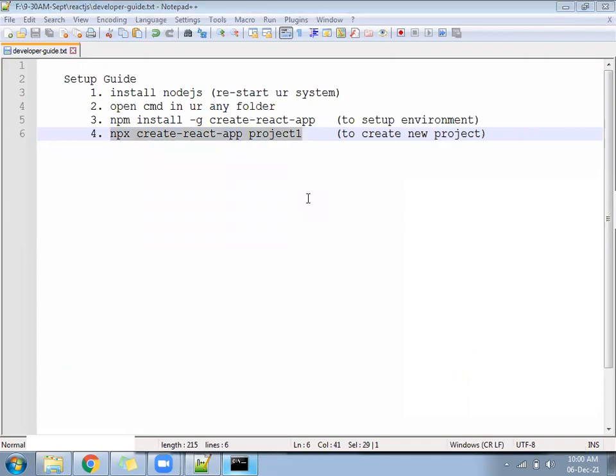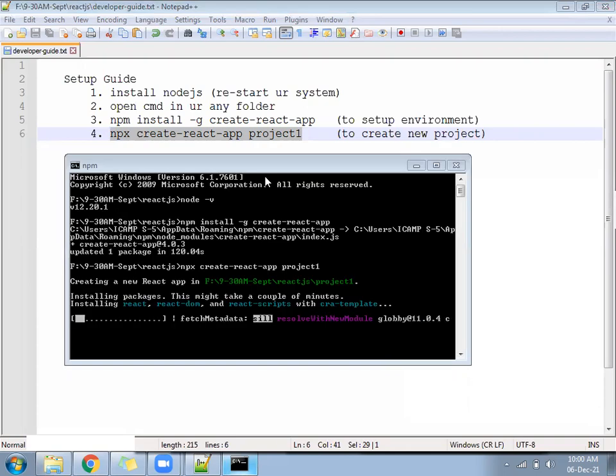You type it wrong and then send me a message. See what he has written here: create-react-app-project 2. Okay. I have sent the command in your chat. Check that and follow the same.